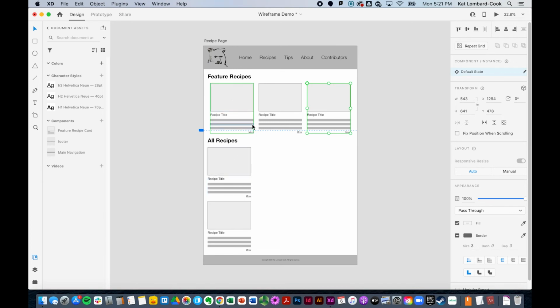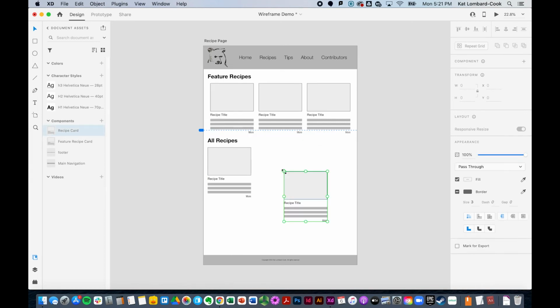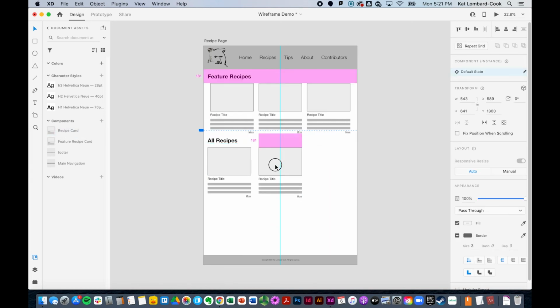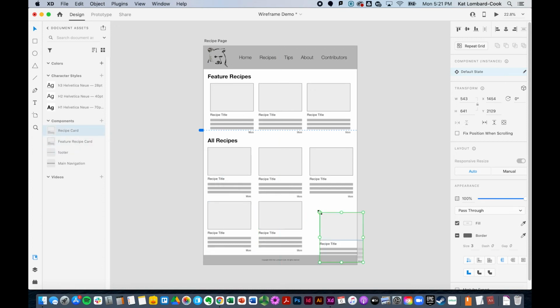So now if I want this to be styled differently than the other recipes, I'm going to make this guy a component. That's my regular recipe card. Make a copy of you. Make sure you line up with the other guys. Drag out more. And you see how it's not making any new pieces. It's just basically copying this guy over and over again. It kind of makes life easier. And last but not least,